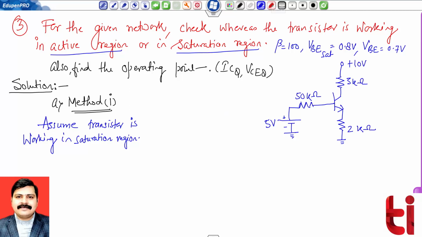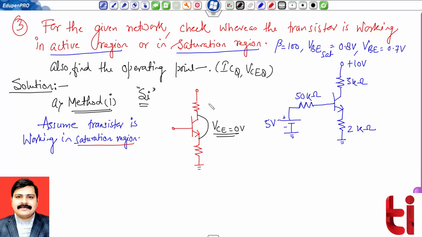Let me draw the circuit diagram if it is working in saturation region. We have discussed in the previous module what the working will be if it is operating in saturation mode. Here I am not interested right now in the base term. If it is saturated, the transistor will behave like a short circuit. That means the value of VCE, if it is not given, we can take as 0. Otherwise, for a silicon transistor, the general value we can use is 0.2 volt.